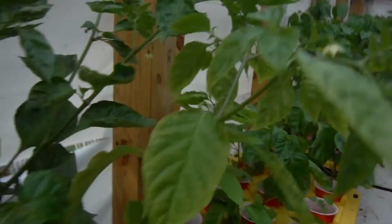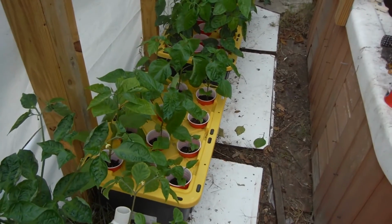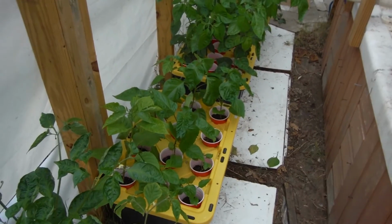Alright, well, that was probably a very long-winded walk around my super hot pepper garden and what's growing on this